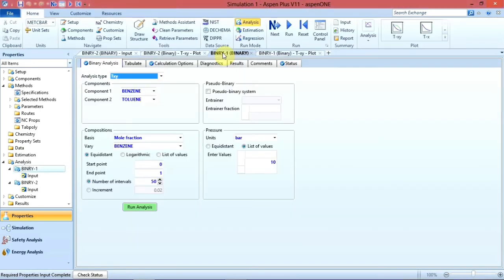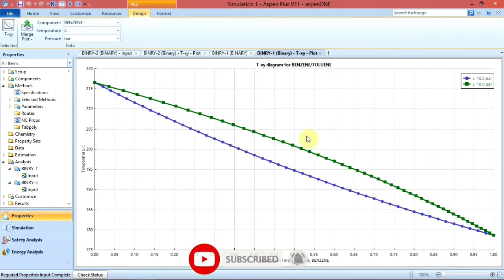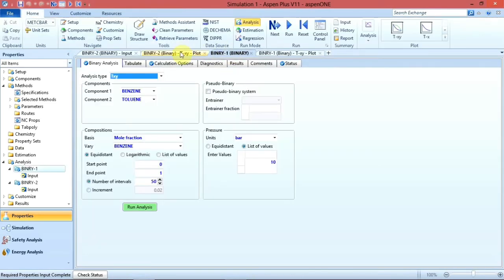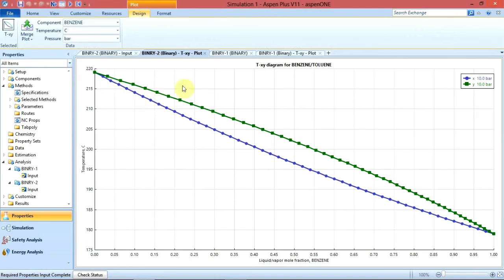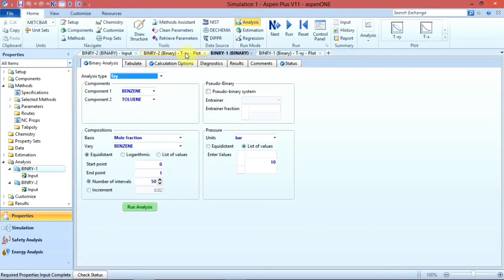In this binary plot, this is what we have got. This one is based on the ideal case, and this one is on the Peng-Robinson method. So there is a minute change in properties, that is some temperature change. So there is some change in the results based on the properties.